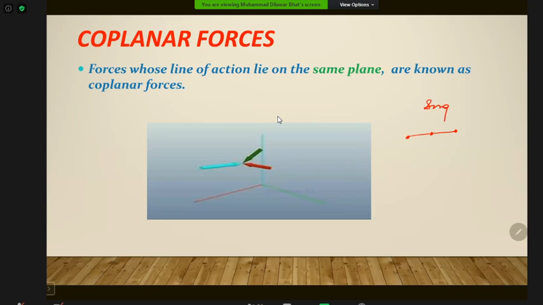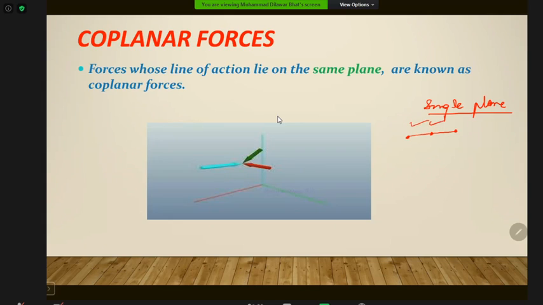Right? They are also in a single plane. They are in one plane. That means they are coplanar. Now this system of forces can be coplanar, and they can be either in a single line of action, that is with respect to this, and they can